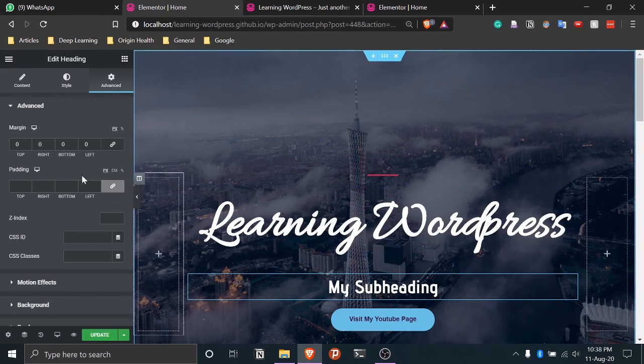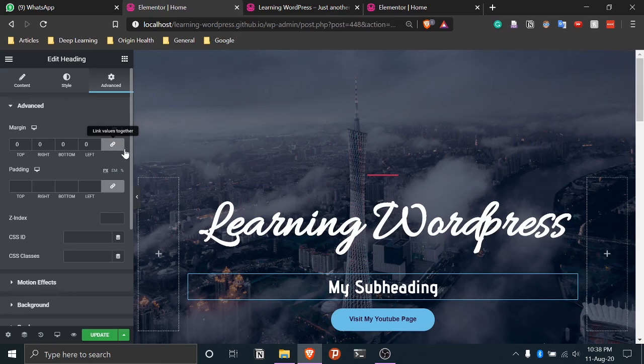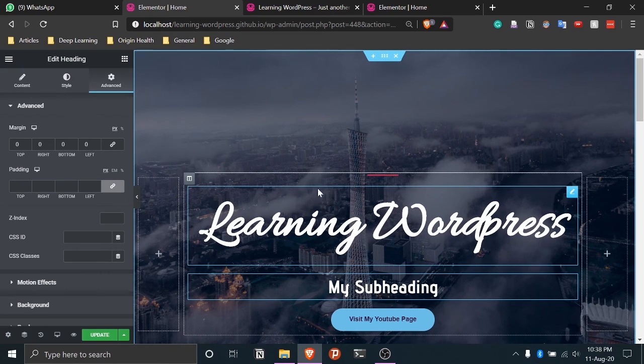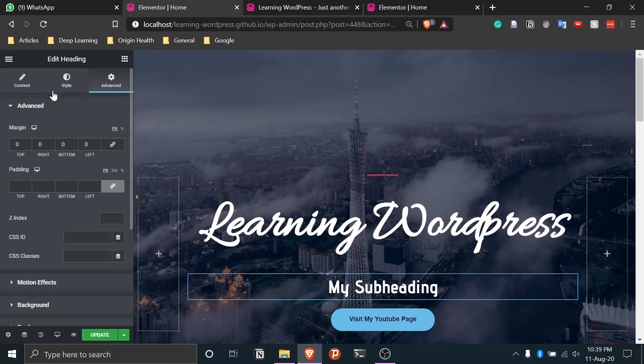Okay, and so if you keep this on, then it's going to increase or decrease all the values at the same time, whereas if you turn this off, you can choose to have whatever value you want on the top, bottom, left and right of this block, how much padding you want.